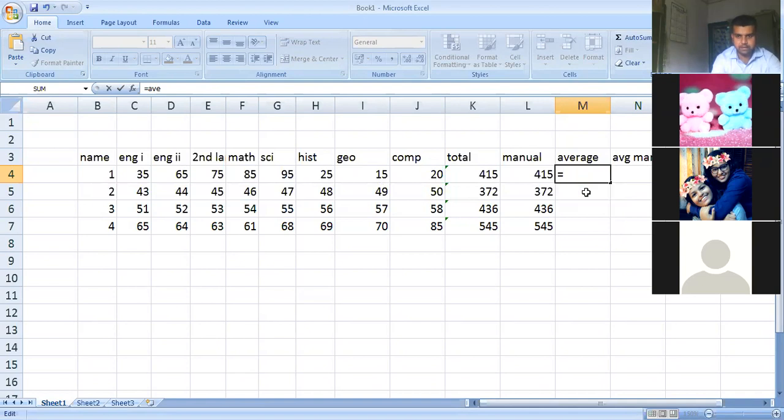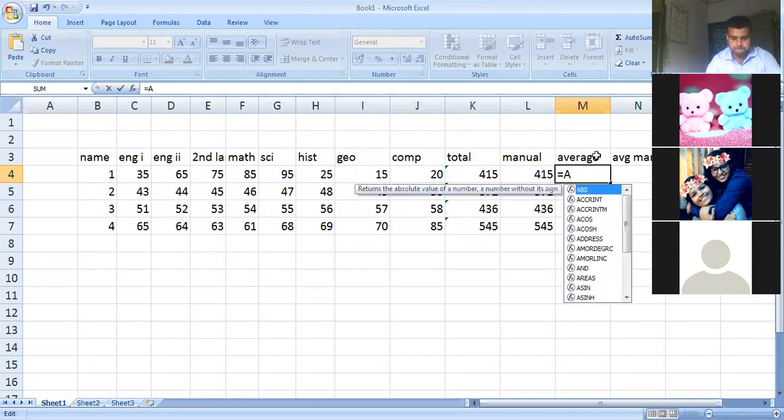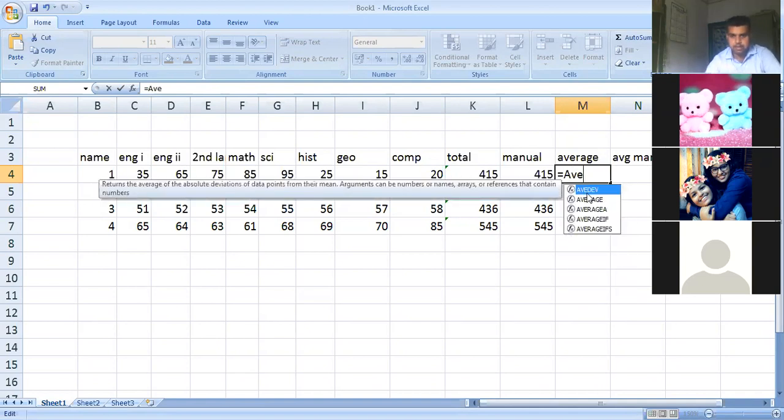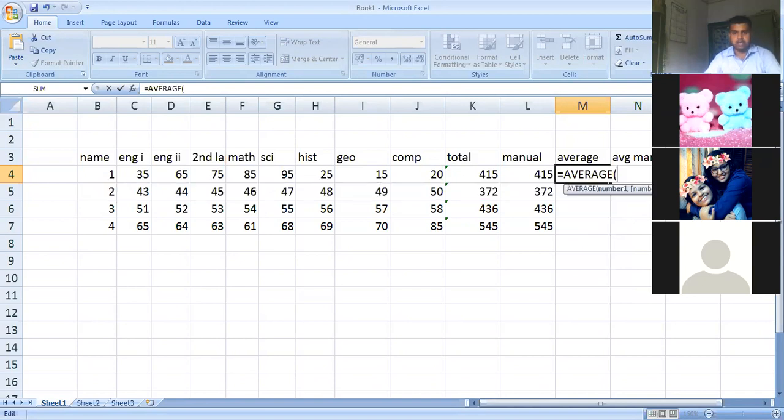I'm writing it again, and I double click. Now which average needs to be taken out? This particular average, that is the first one, that is total. So I am calculating the first student's average. What do I have? 415.